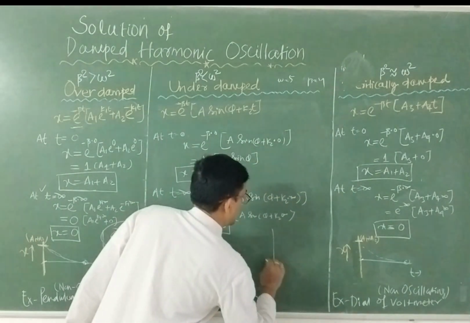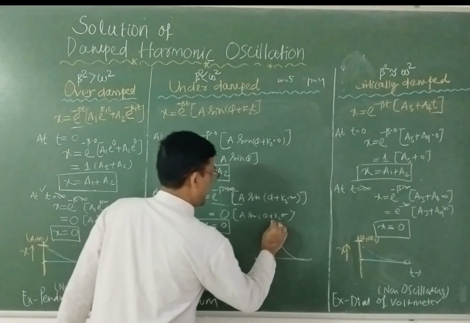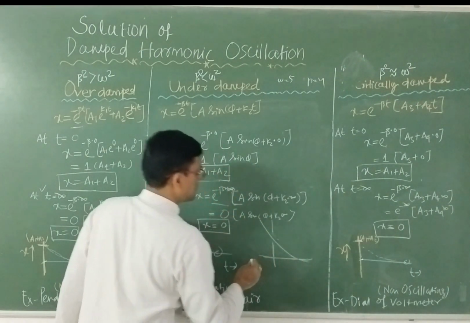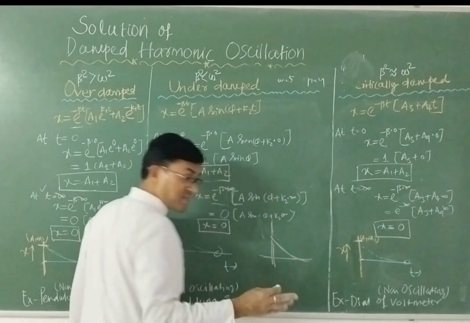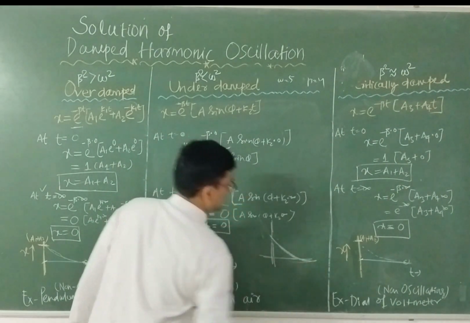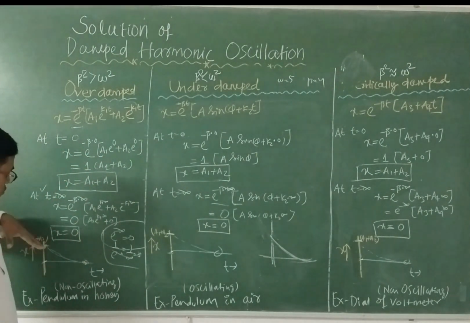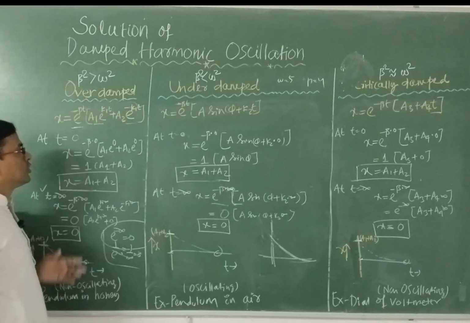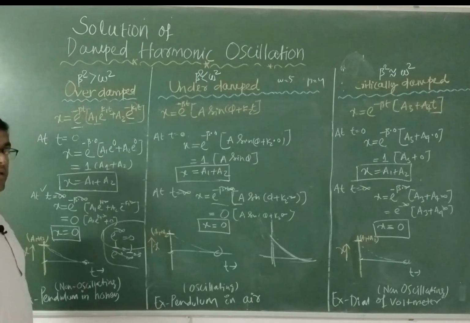Exponential path means, as you know, the curve is like this. This is called the exponential e to the power x curve. If you check, you can find it is like this. Generally, exponential means e to the minus x I am talking about. If you consider t equal to 0, it is like this. That means all will follow the exponential path. But how will this exponential path move with time? Here you can find it is multiplied with two exponential factors: one is e to the power k1t, another is e to the minus k1t.